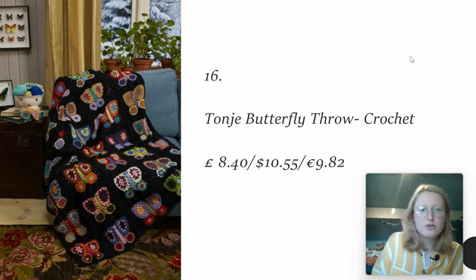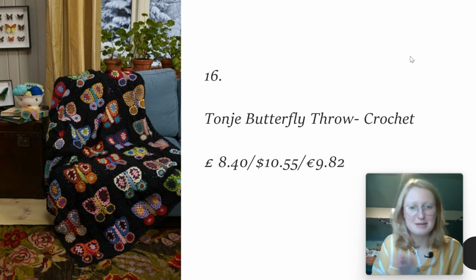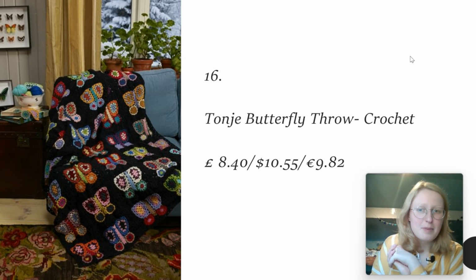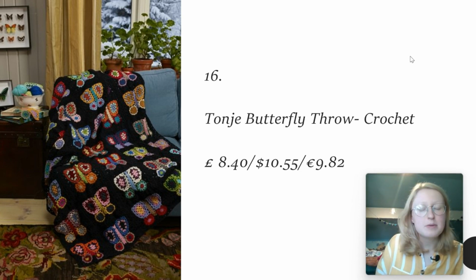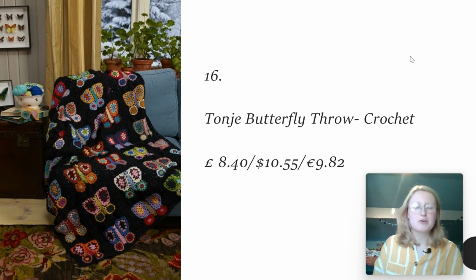Number 16 is the Tonye butterfly throw, and this is the first crochet. No, it's not. We've already had the Anya scarf. This is the second crochet pattern from Arne and Carlos that I'm introducing to you. Again, £8.40, $10.55, €9.82. I do really like this because just when you think you've seen everything with Granny Square,